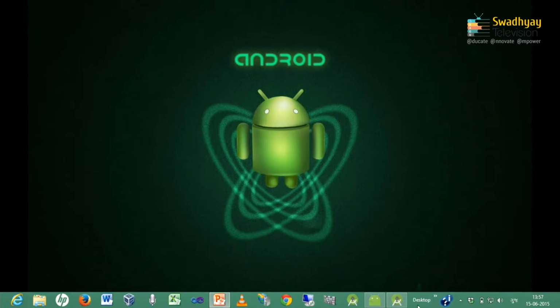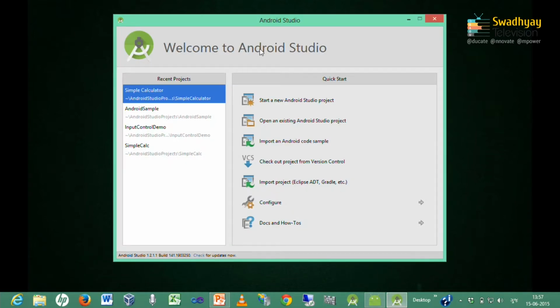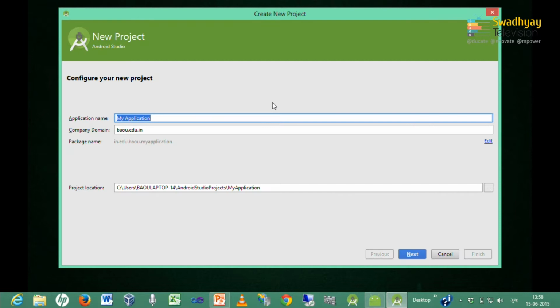So, here is the Android Studio welcome screen. We want to create a new application. So, I press start a new Android Studio project, and we have already discussed how to create these kinds of applications. So, here I am entering all the required data.